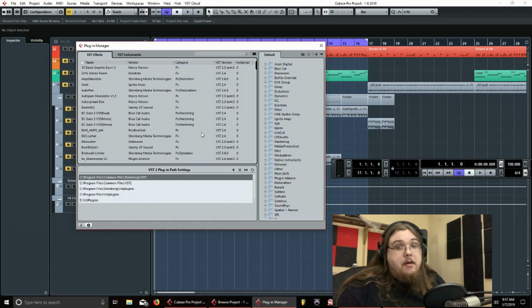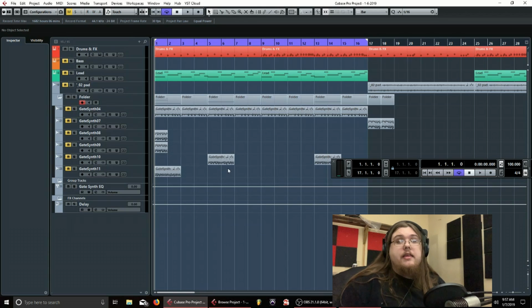Now, one thing that my computers have always had trouble with is scanning the plugins through the Plugin Manager. I think that has to do with one or two of the plugins in my folders. I don't know which one, but what I have to do is set my plugin path, close the program and go back into it, and let Cubase scan all the plugins at startup. It'll only do that once unless you add another plugin to your folders. So, anyway,